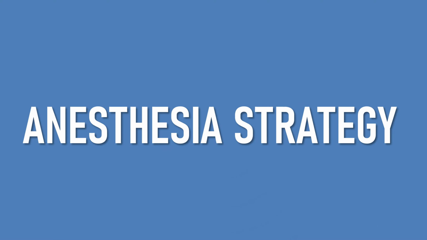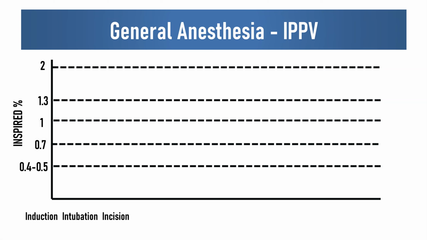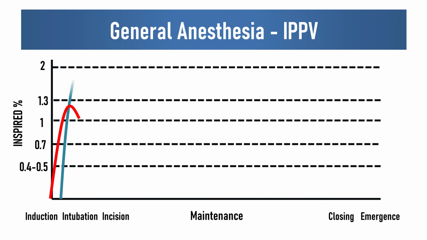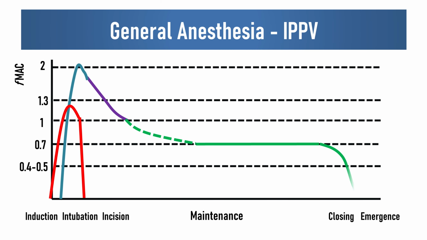Let's look at anesthesia strategy if you're going to apply intermittent positive pressure ventilation during the case. This is the typical situation that we have: intravenous induction followed by high FA/FI, and then progressive titration downwards of the volatile agent, utilizing the hysteresis loop at the end to turn down the volatile very, very significantly. Ideally, in the middle of the operation, 0.7 of a MAC is where you want to be